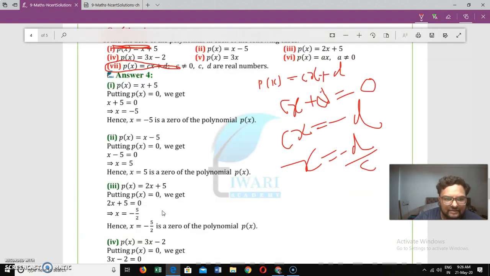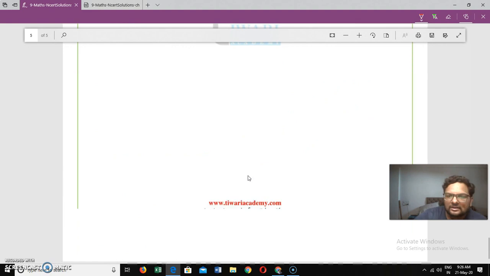Similarly, if you want to take one more example, here, question number 2, 5x minus 5. We want to find out zeros. So हमें polynomial को equal to 0 लिखना पड़ेगा. So we'll bring this minus 5 to the other side, it becomes plus 5. So x equals 5 is the 0 of the given polynomial p of x. I hope you are understanding.